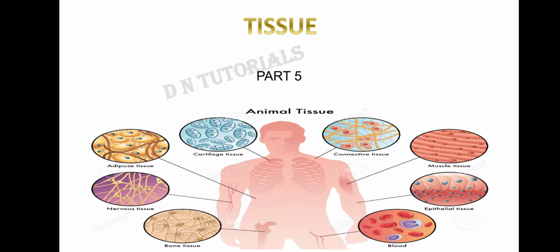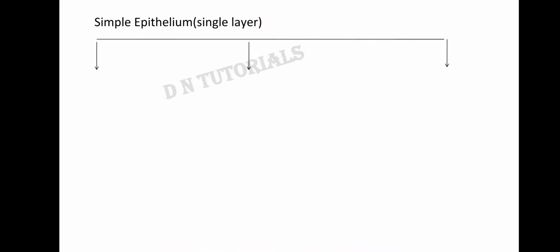Hello students, in this part of animal tissues, we'll be learning about simple and compound epithelium. Simple epithelium, as the name tells us, is of one single layer. And simple epithelium is divided into three parts on the basis of its shape. The first one is the squamous epithelium, the second one is the cuboidal epithelium, and the third one is the columnar